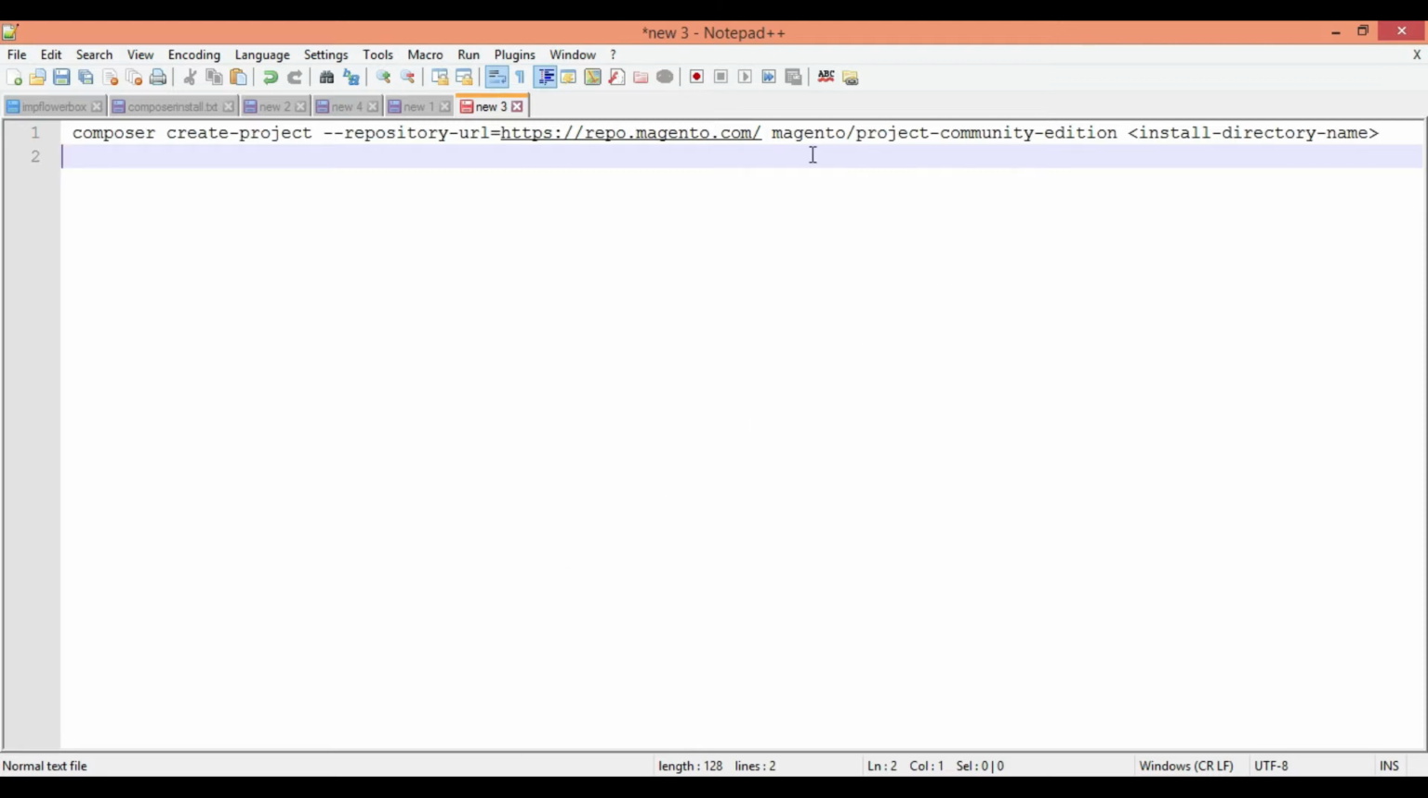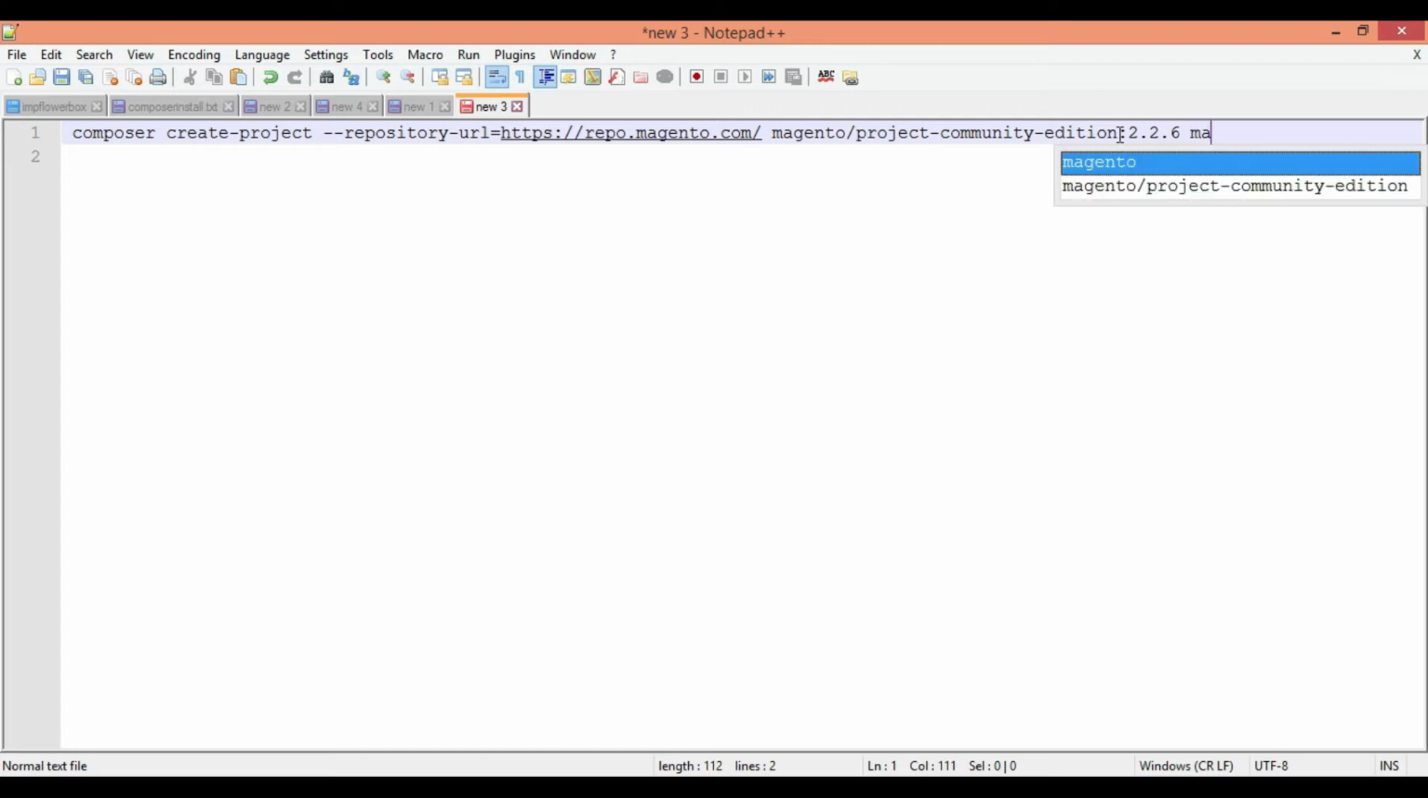Actually here it is showing Magento community edition, right? I have to download Magento 2.2. I'm going to download the 2.2.6 version. The install directory name is given here. Directory name is where you want to download the full Magento. I'm going to give the folder name Magento 2. Again, copy this link